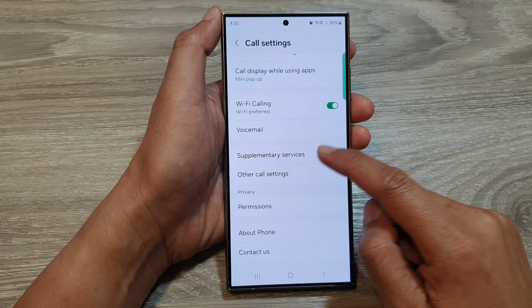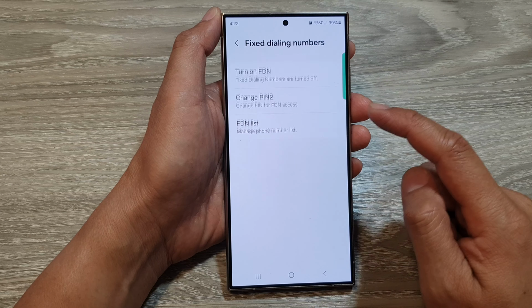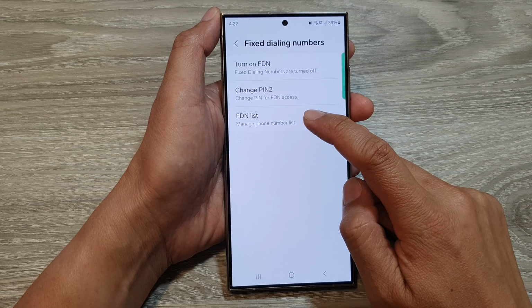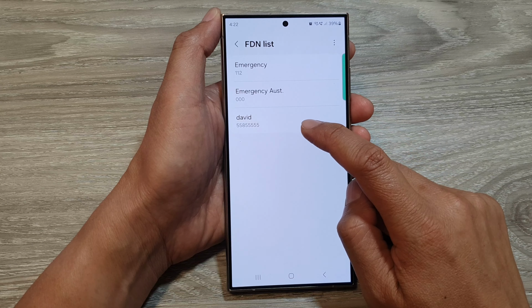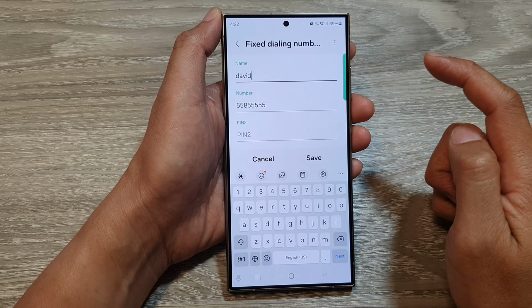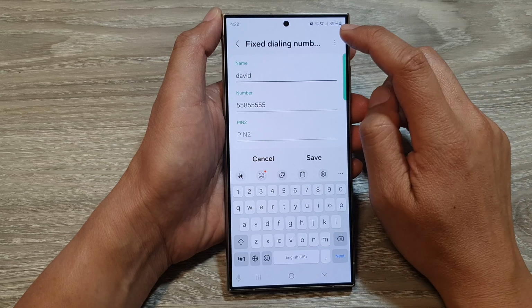In here, wait for a few seconds and then tap on fixed dialing numbers. After that, tap on the FDN list. Now to delete a contact, first open it, then tap on the more button, and from the pop-up, tap on